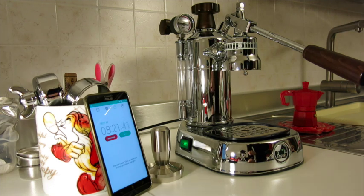So let me check. 8 and a half minutes elapsed. The ambient temperature is about 20 degrees, and the machine was completely full of water and completely cold. So it's at 0.75 bar right now. At about 0.8